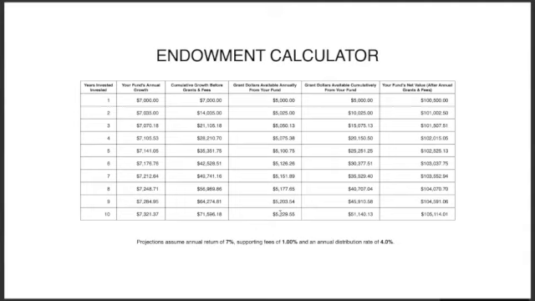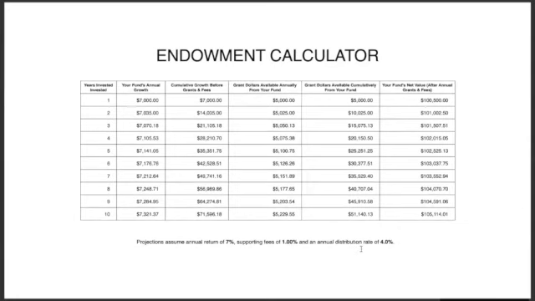And this calculator right here goes to my point on how the income and investment returns can grow steadily over time. So this chart assumes a $100,000 start for an endowment and shows you the returns over 10 years. We assume a 7% annualized rate of return, investment cost of about 1%, which is high for an endowment, and a distribution rate of 4%. So you can see in the fifth column how the grant dollars that come out over time grow significantly.